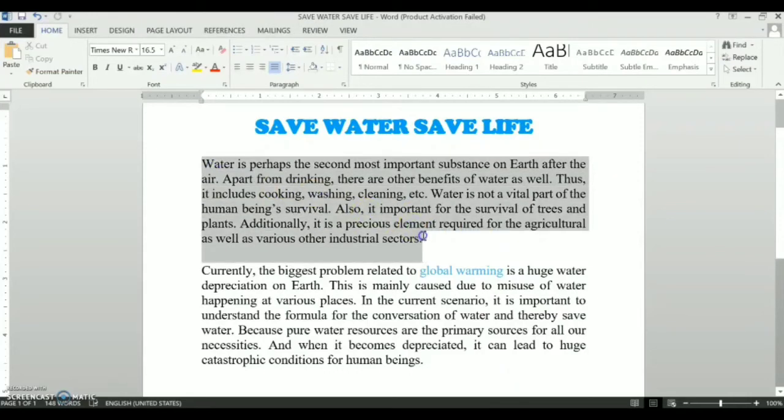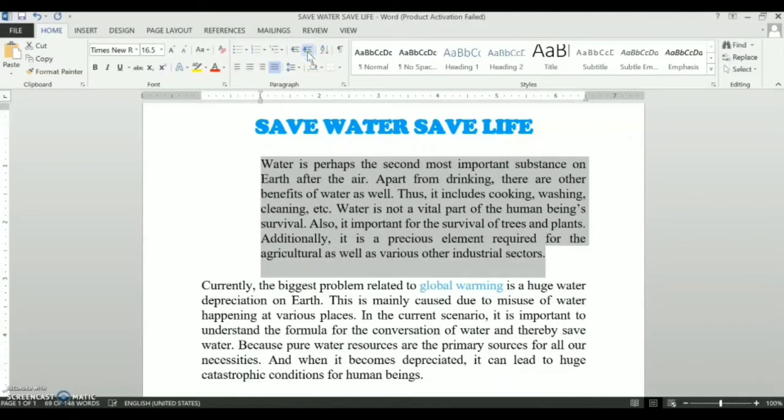Okay. So first of all, select the text to be indented. Then click on the indentation buttons available on the Home tab in the paragraph group. Click on the Increase Indent button in the paragraph group. The selected text shifts ½ inch away from the left margin.